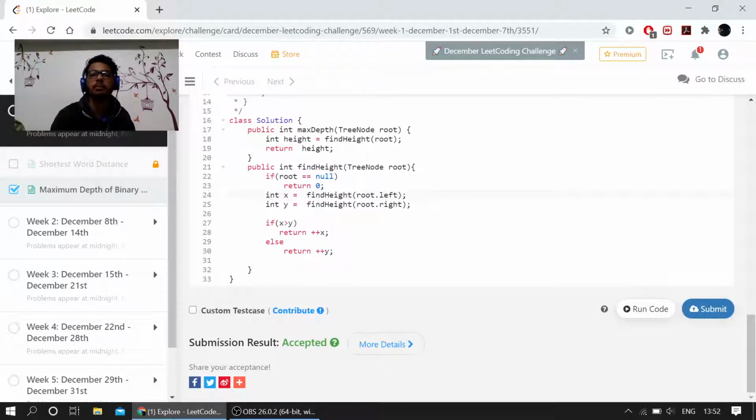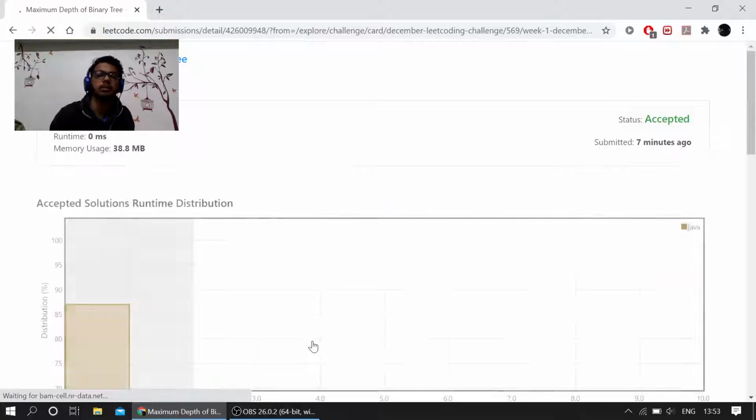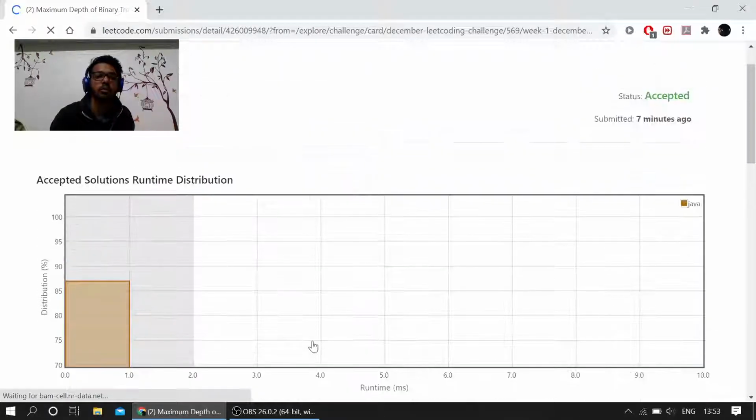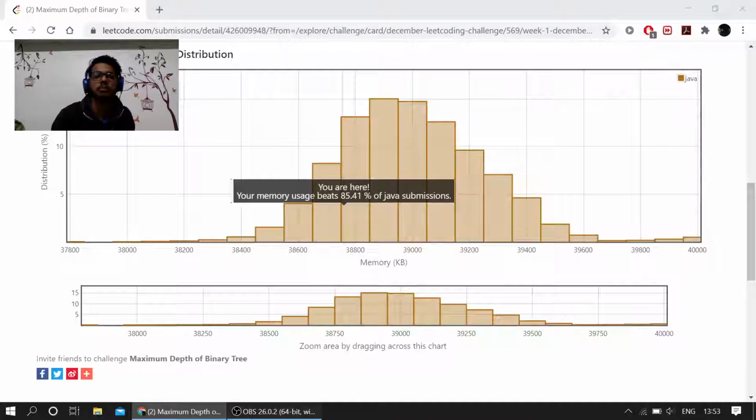It was a simple, short, sweet solution. And I think there are better solutions for this where you don't need to use recursion. You can maybe do it in a while loop, and I hope I might find that kind of solution someday. But till then,